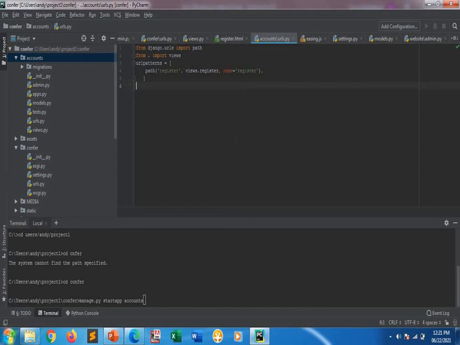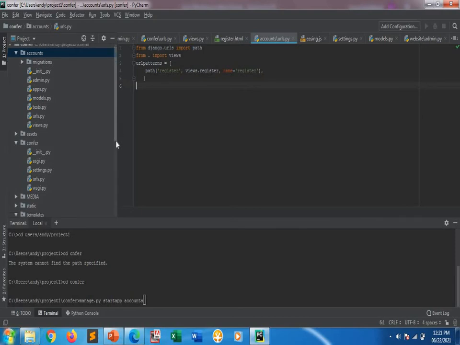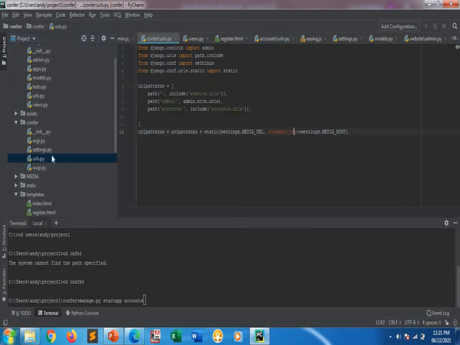Once this is done, here in accounts urls.py, you have created the function and called for the function. Once this is done, I should go to the main URL. Here I should give the path. So what is the path? You are working with accounts, include accounts.urls. So this much is over.